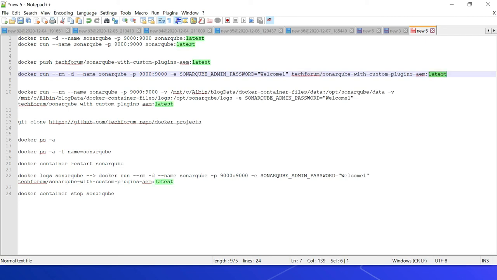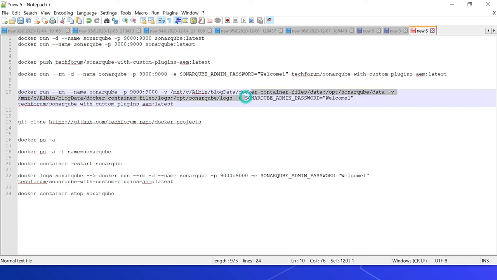Now there is one difference if you see here. I am specifying some volumes. I am using WSL in my Windows, so this is the path. I have a folder created, Docker container files, data, and associated to this volume, /opt/sonarqube/data. Then another one is logs, associated to /opt/sonarqube/logs. The base SonarQube image exposes these volumes, /opt/sonarqube/data and logs, and another one is extensions. I'm just associating these two volumes so that the data will be persisted for subsequent runs, because we are using --rm, but the data is going to be persisted here. So all the configurations will be reused.